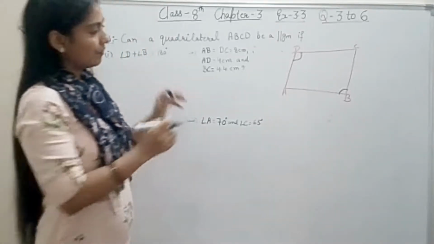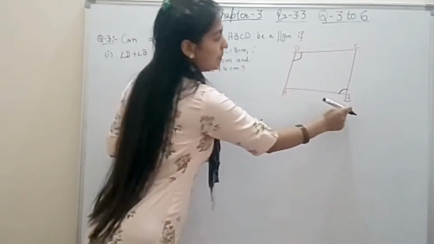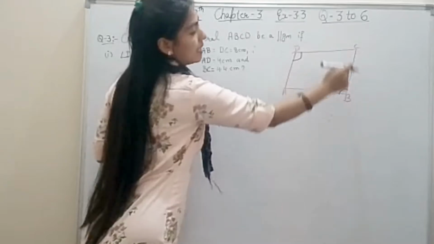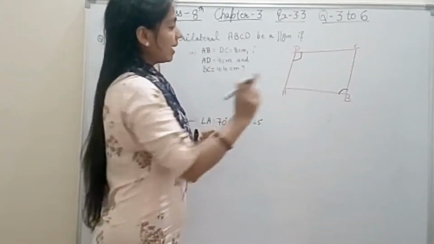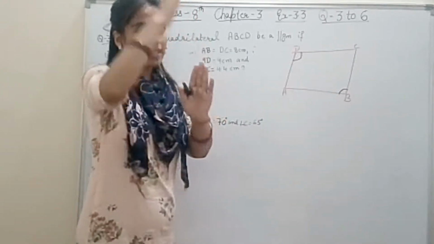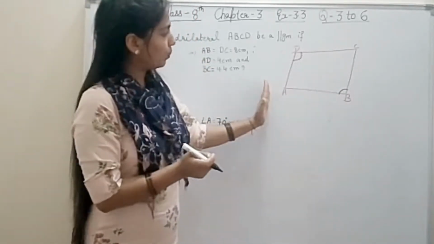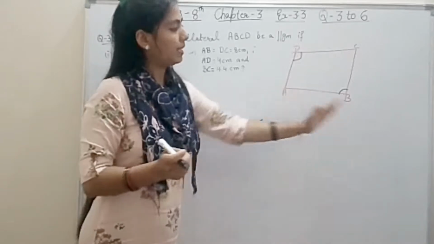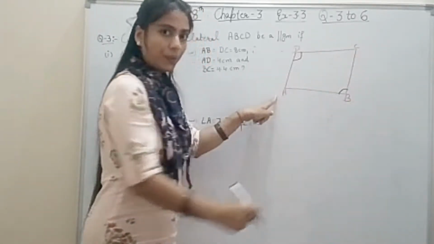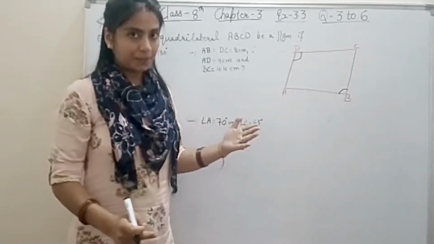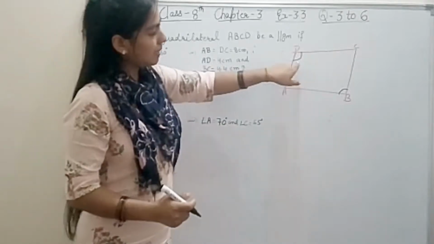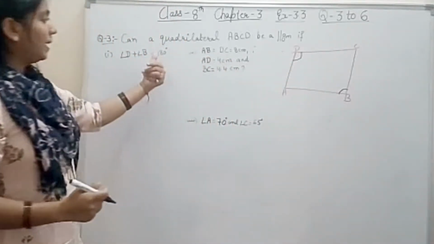Let's see, students. First of all, parallelogram. I made A, B, C, D. You can make like this also, A, B, C, D. But no, don't write A point here, B point here, C point. No. It should be in a systematic manner, either clockwise or anti-clockwise, but it should be A, B, C, D or A, D, C, B. Okay? Don't take any point anywhere. It should be in a systematic manner. Got? So now coming to angle D plus angle B is equal to 180 degree.